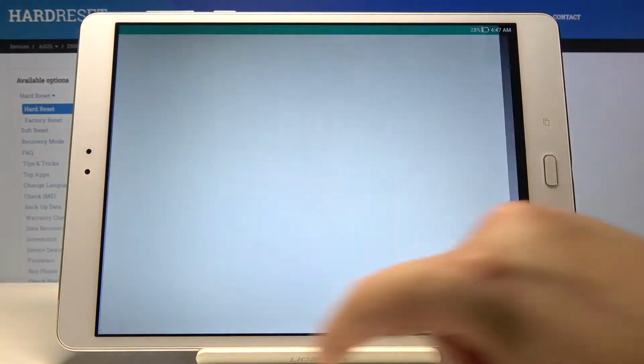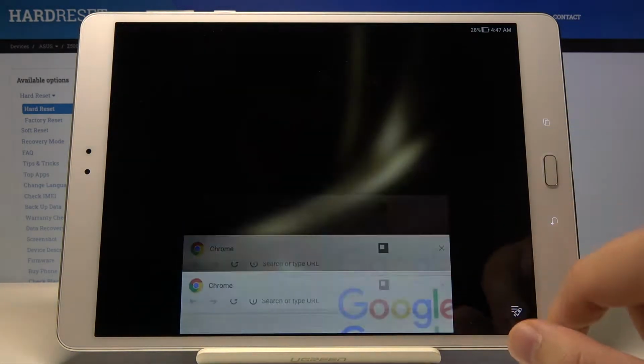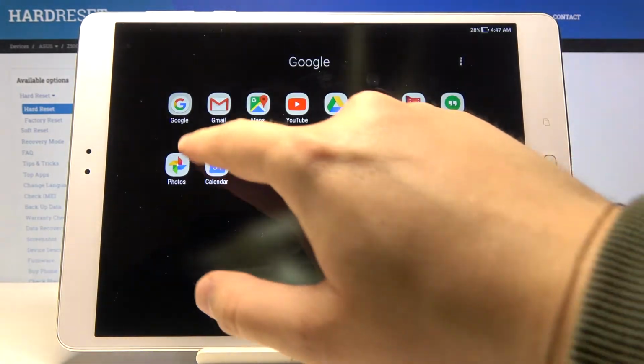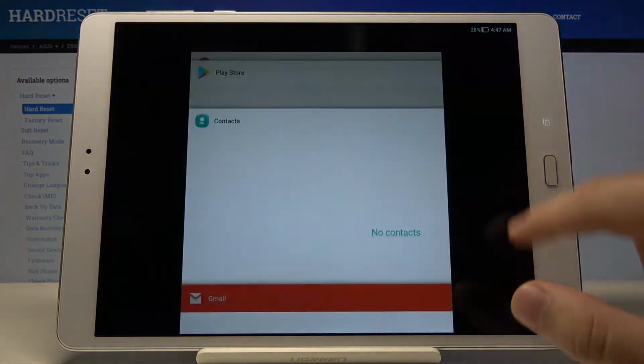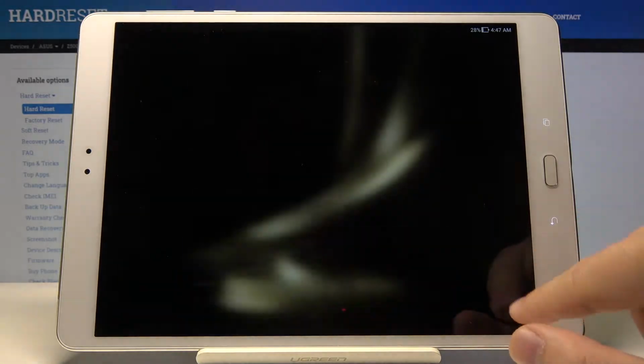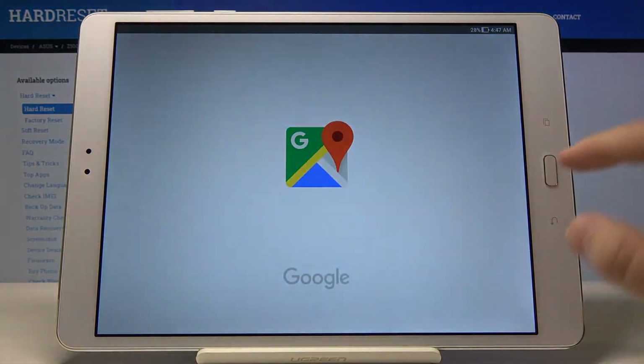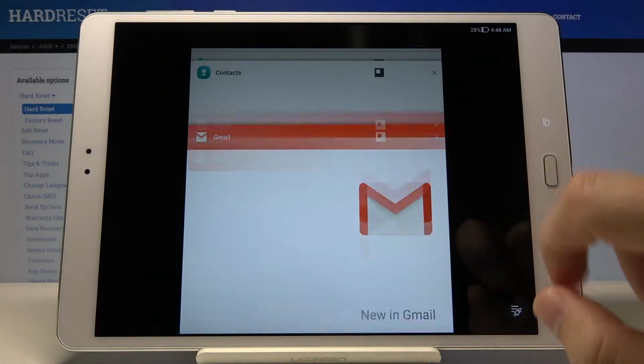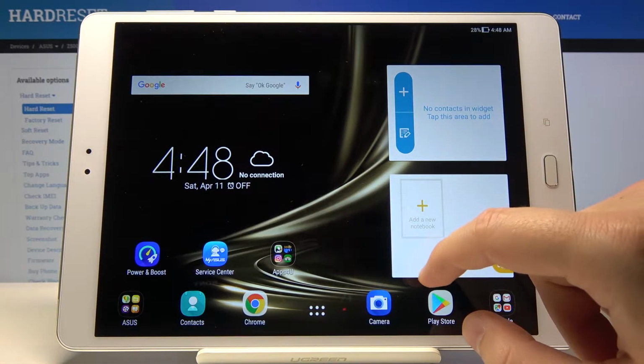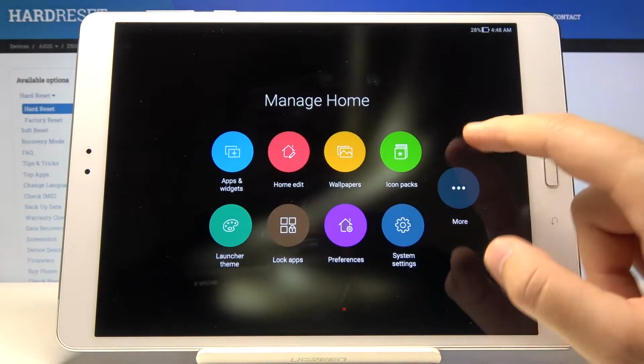We can also open contacts. Maybe we can go for Gmail, and also maybe for Maps. And right now click here on Outside Area to get these applications in the background, and right now click here again,